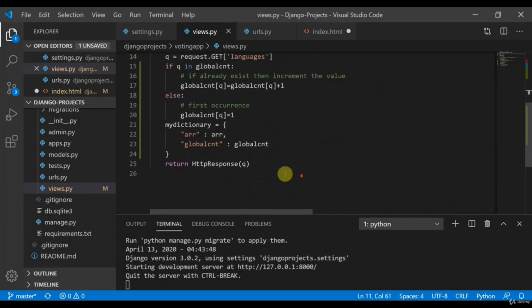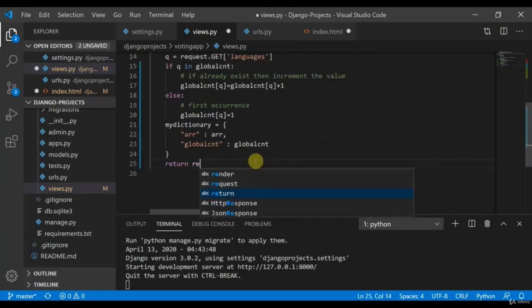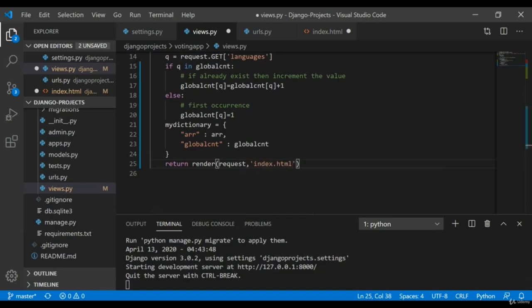So I'll quickly return render request, index.html. This is the index.html we are going to render, and the context is equal to my dictionary.